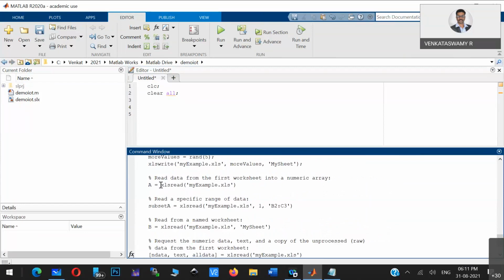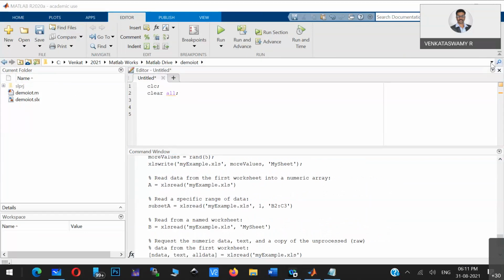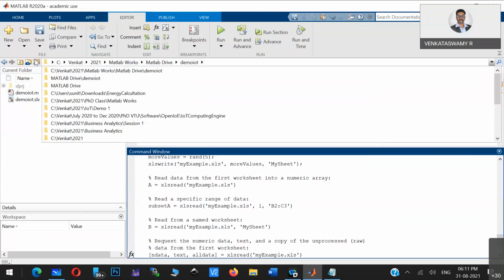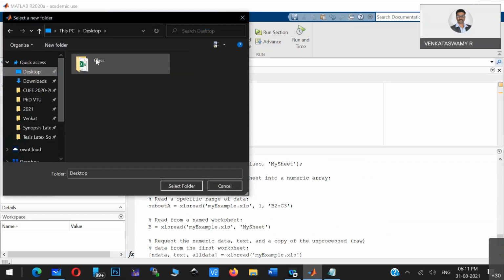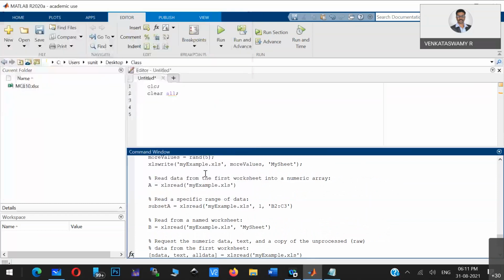Say, for example, I'll use this particular syntax, and I'll go to that particular directory, the one I created on the desktop. I'll just point to this place. Then I'll use this syntax: xlsread. Sir, from where did you get this routine or function?